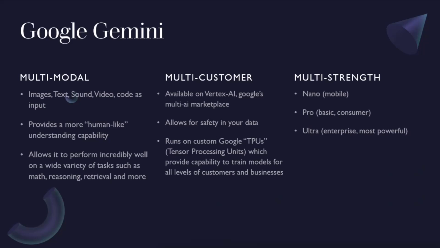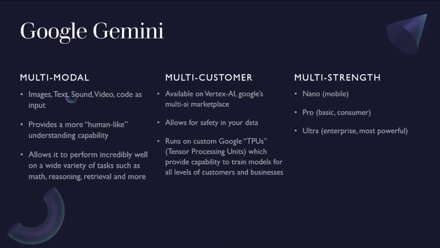It also comes in three different strengths, I guess, is the way to think about it. There's something called Gemini Nano, and Gemini Nano is an on-device AI. So this is not running in the cloud. You don't have to have an always-on connection for it. It can run on a phone. It can run on a device on your desk. It's fairly small. It's not quite at the same strength, obviously, as some of the other ones, but it's pretty darn good.